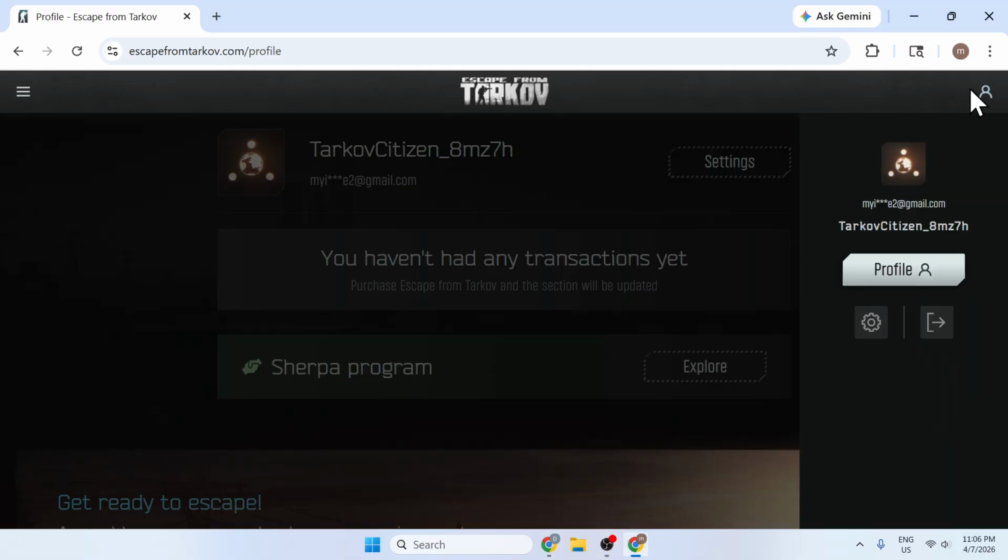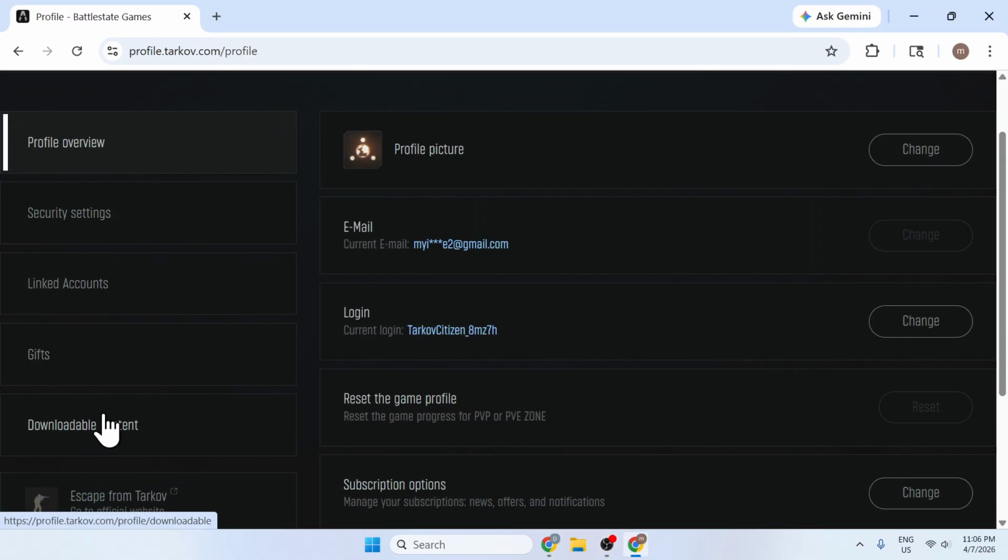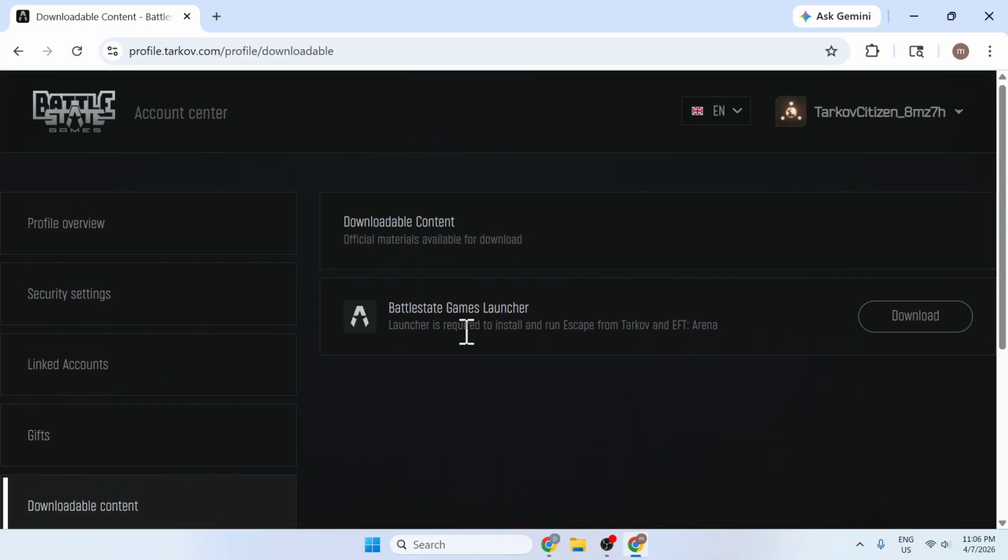So you would click on your profile and click on this settings icon. And over here, you will be able to download the game directly from the website. Click downloadable content and here you will see the game. So you can basically download it from here. If you download this one, you would run the installer and just let it run